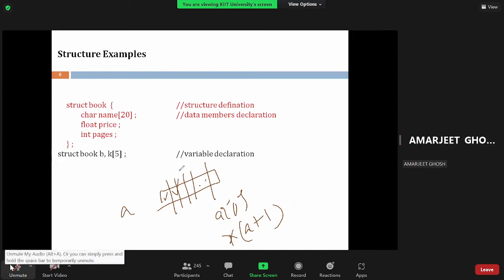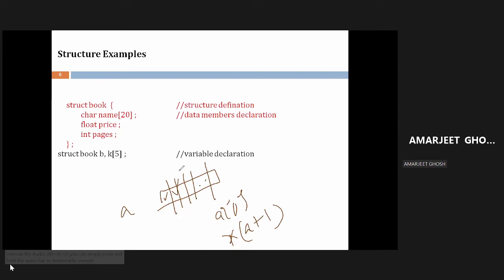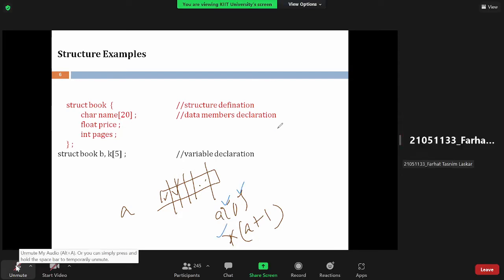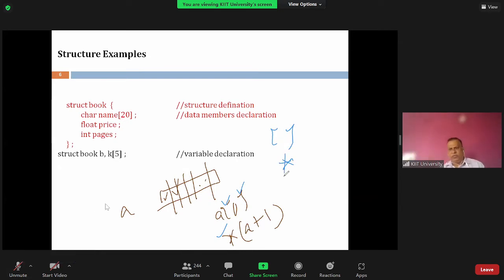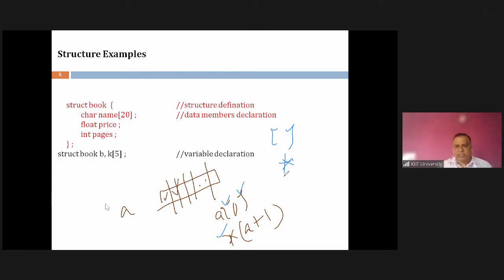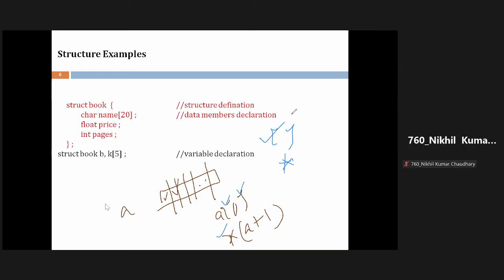How many operators are used? Is it only bracket, or bracket and star? Bracket and star. So two operators can be used, any one you prefer, to access elements of an array. We normally use this, I fully agree. But can I use the star operator also or not? Yes, sir. Two operators are used.